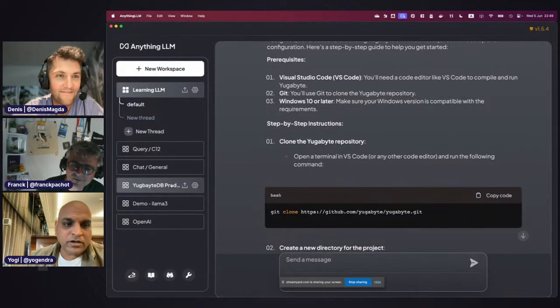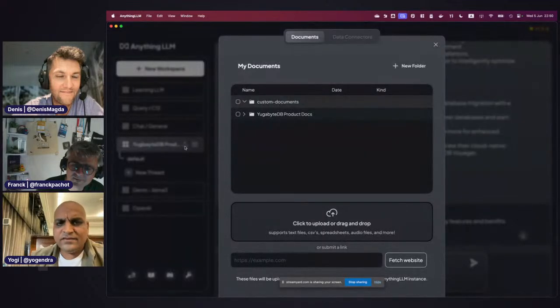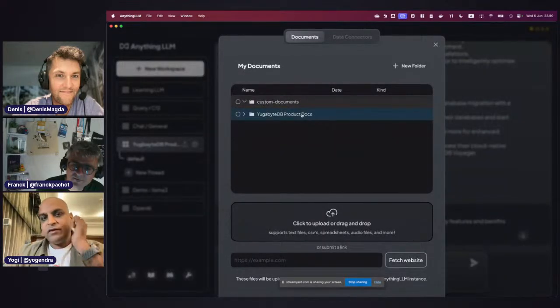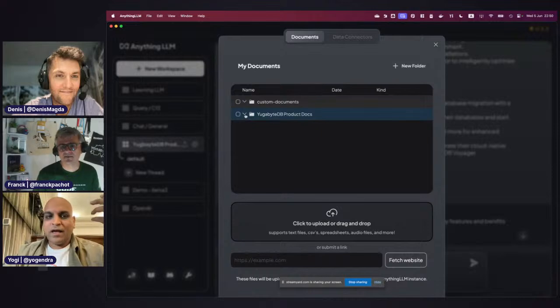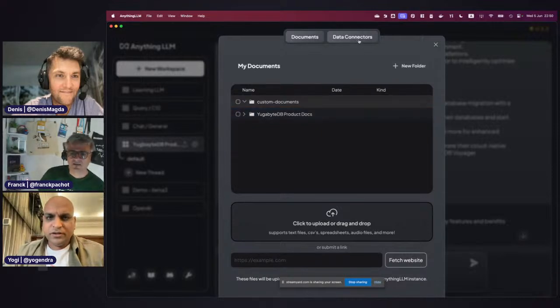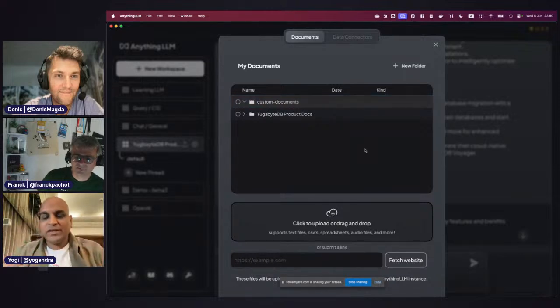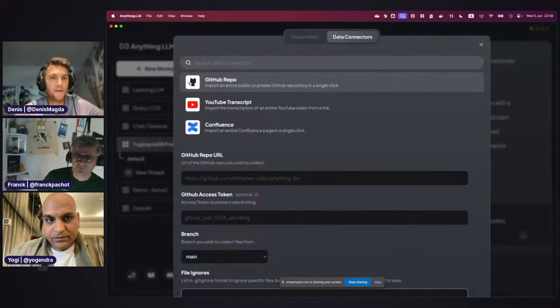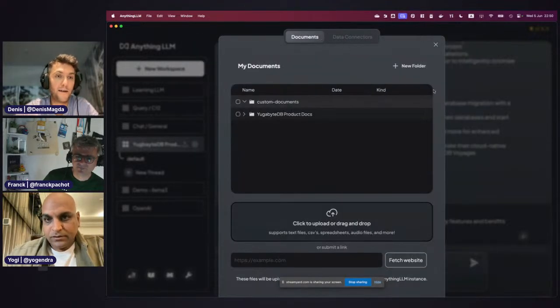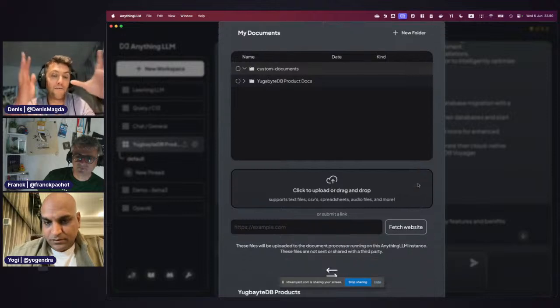All I have explored here is it has this concept of giving your documents. For example, I fed some of our product documentation into this tool, and whenever I'm asking it questions, it is only looking at those documents, right? And this is how you start implementing this RAG approach, retrieval augmented generation. You have this model that you showed us was trained on general purpose data, but some of the data was a snapshot of the data.